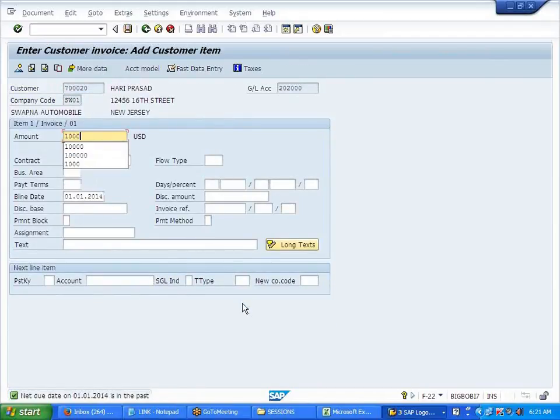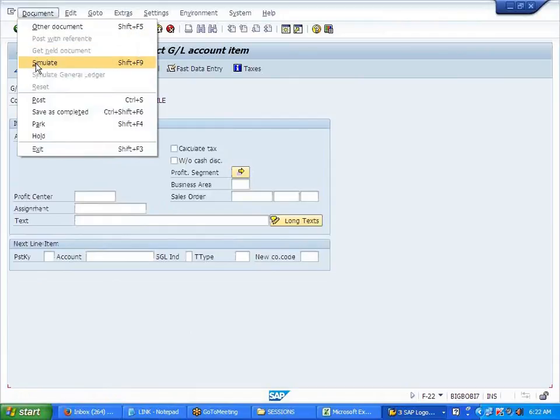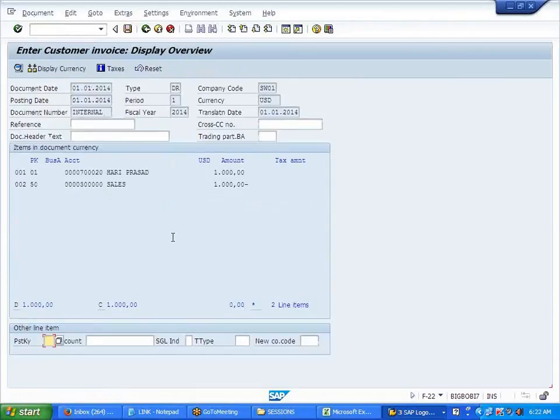I'll keep only 1000, 50. For testing, I'm raising one invoice. Simulate. The entry is correct. Customer to sales, selling. The customer is getting my sales. Goods are going, right?